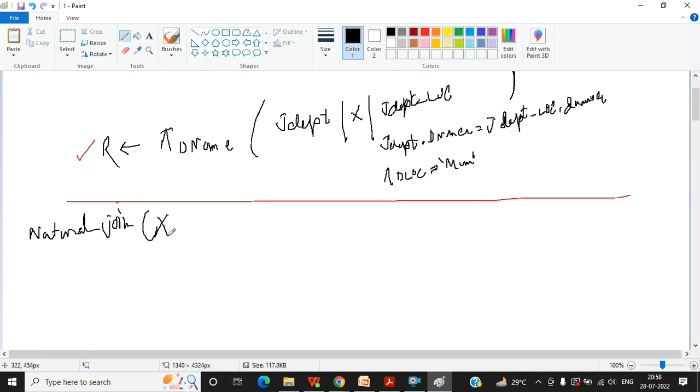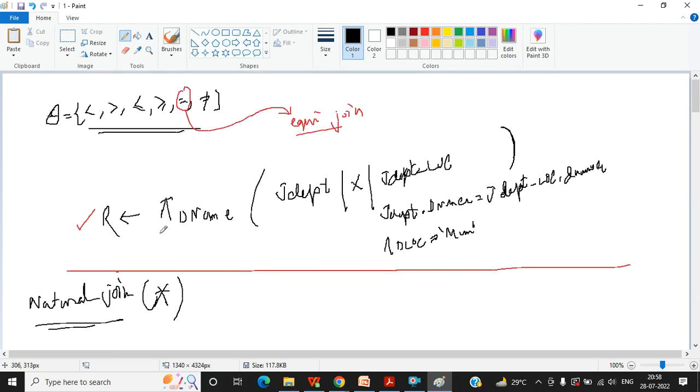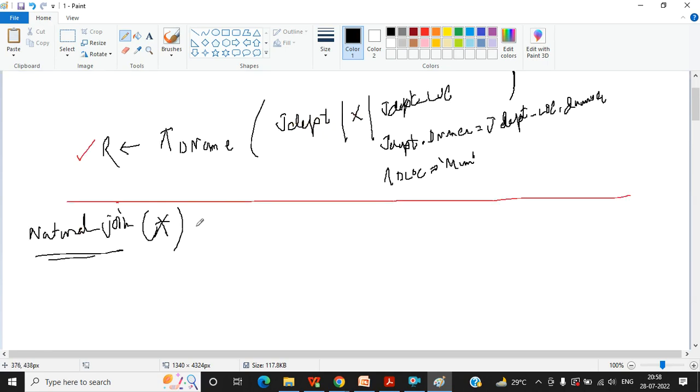Natural join, and that is asterisk. I also use it. Natural join. Now, what is natural join? Natural join is an equijoin, right? You remember, natural join is an equijoin. Now, before coming to natural join,